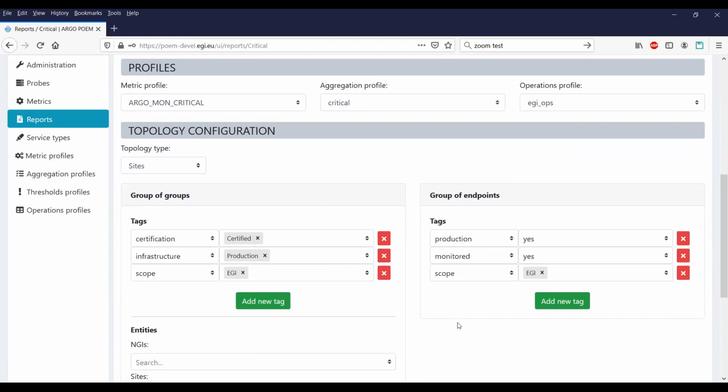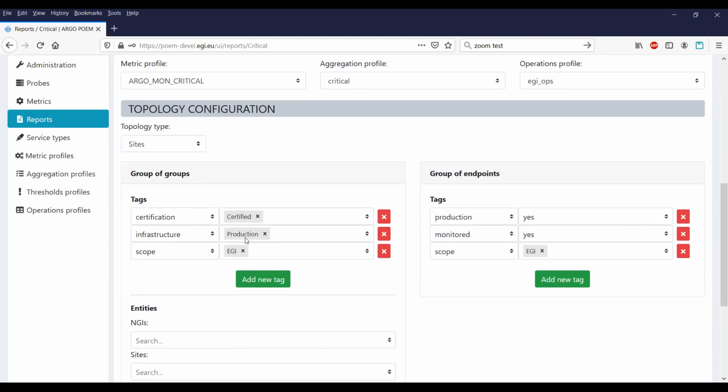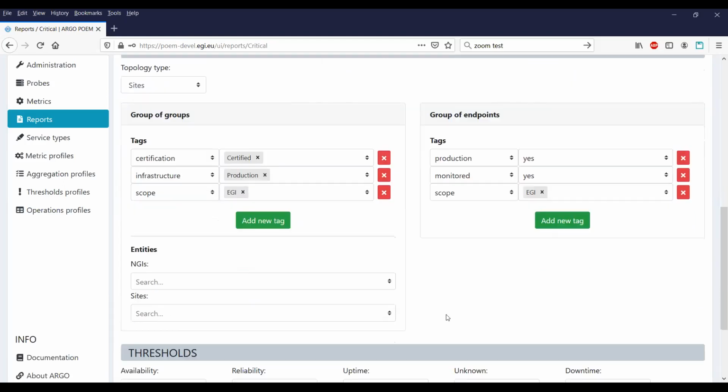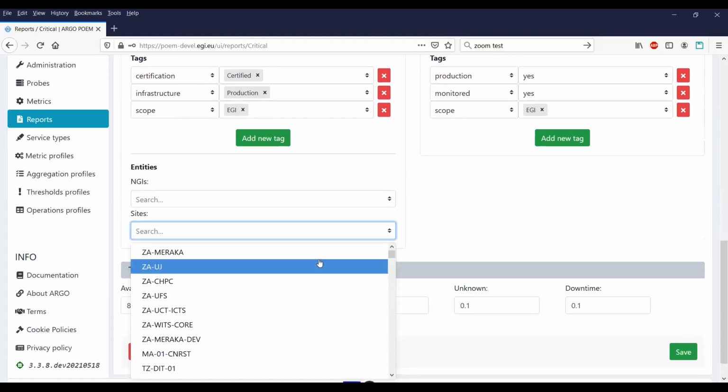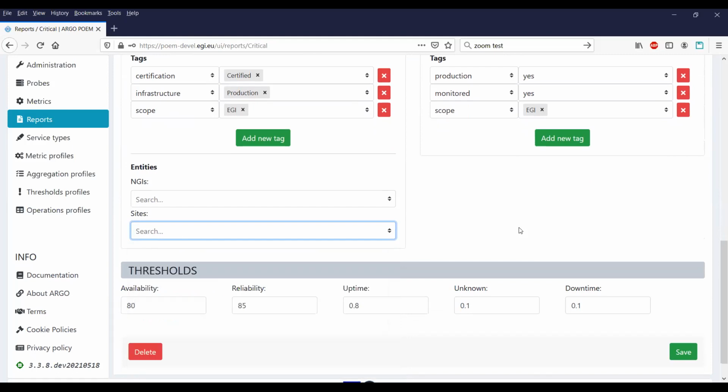So in the production report, you remember from the beginning, I want to monitor certified and production endpoints, and there's this scope thingy which is further filtering. And just give me endpoints which are production and monitored. The certification and infrastructure are attributes of a site, and these are attributes of a service. And then you can further drill down. You can generate the report just for a given NGI or for a given site in principle.